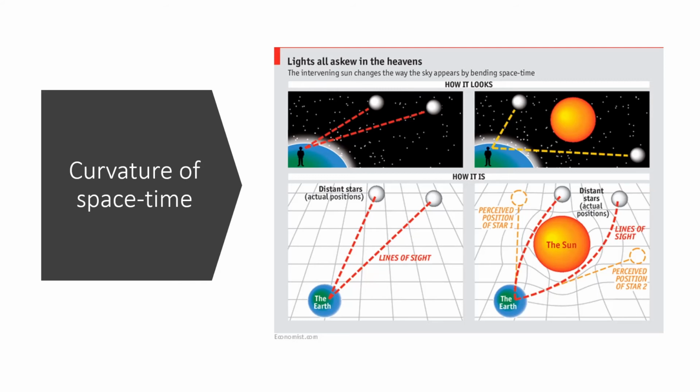At night we can see and map all of the stars in the sky on the left of this illustration. If we wait for a solar eclipse, when the sun is blocked out by the moon, we can see the same stars during the day. Otherwise, we wouldn't be able to because the sun is too bright. And that was done during a solar eclipse, and the stars appeared to be in the wrong place because the light was bent because it was following the curve of space-time caused by the sun.